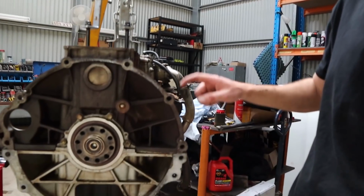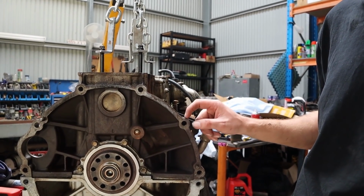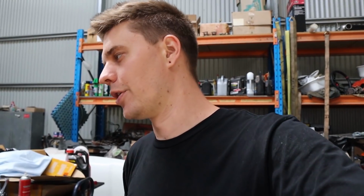Alright guys, so we've run into a bit of an issue here where we don't have any bolts that are actually the right size to put it on the engine stand. We just went for a quick run into town to have a look at the hardware there, but they don't have any either. So unfortunately we can't do anything about that today. We're gonna have to go for a run further out tomorrow to try and get some from a better hardware